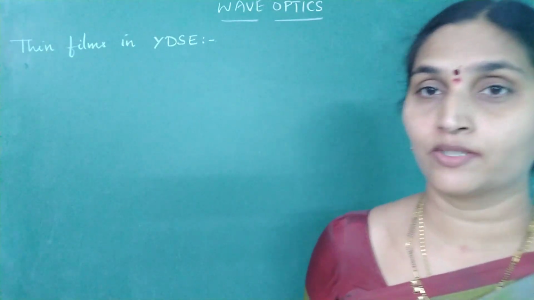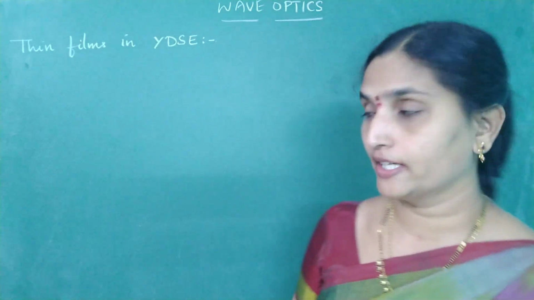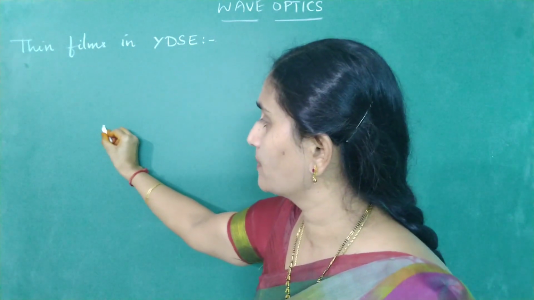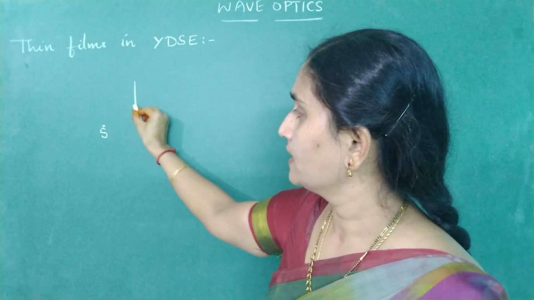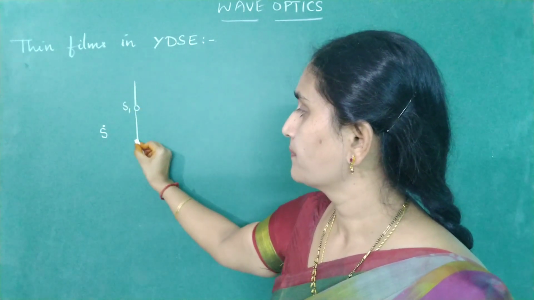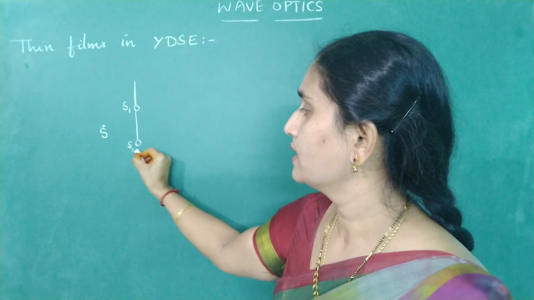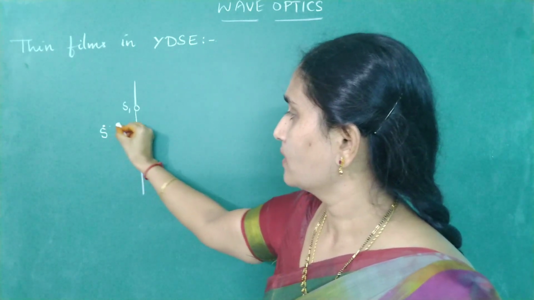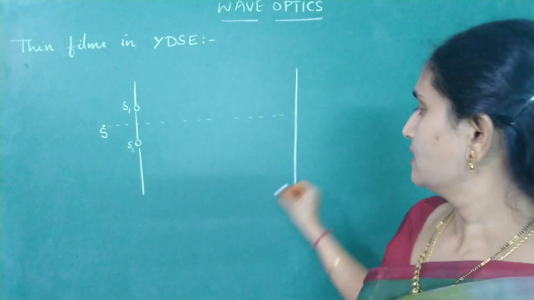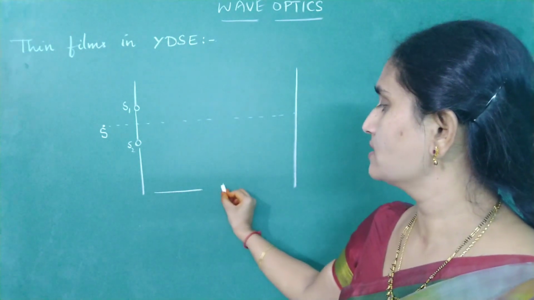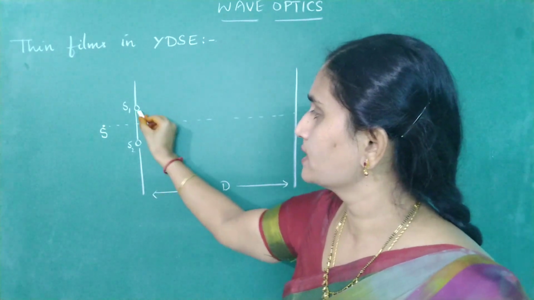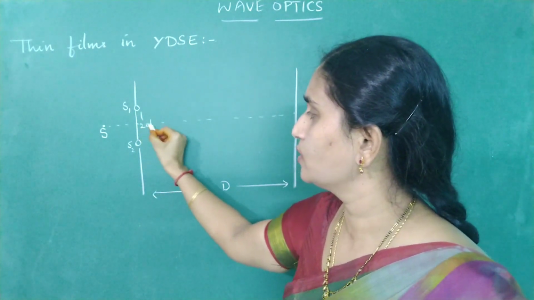Okay, now let's go back to this Young's double slit experimental arrangement. We know in Young's double slit experimental arrangement, we take a monochromatic source of light. It is allowed to pass through two slits, S1 and S2. This is a line which is passing through the center, and here we keep a screen at a distance capital D. The distance between the two slits is taken as 2d.